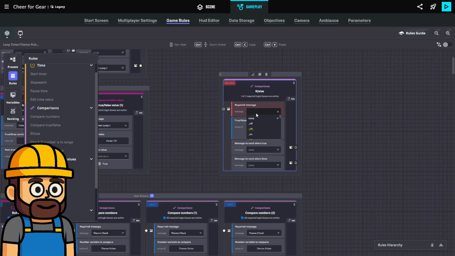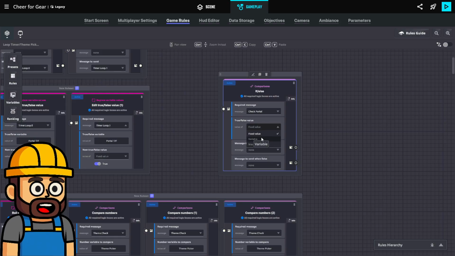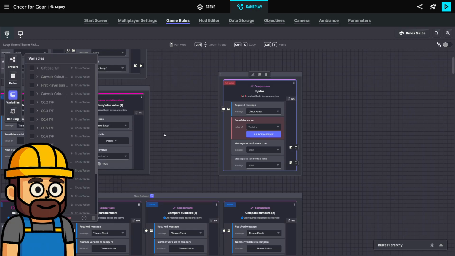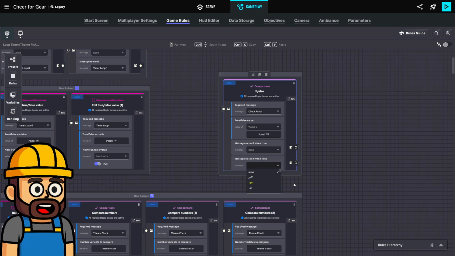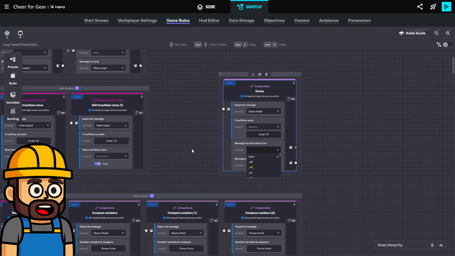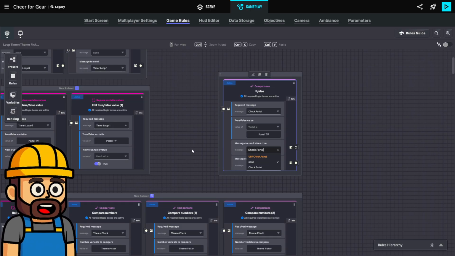And we're going to check portal. Was that the trigger volume message we did down there by the padlocks? And if we check the portal true false, then we can go check. That wasn't the message. The message was model check. And if it's true, then we will say check portal dot true.